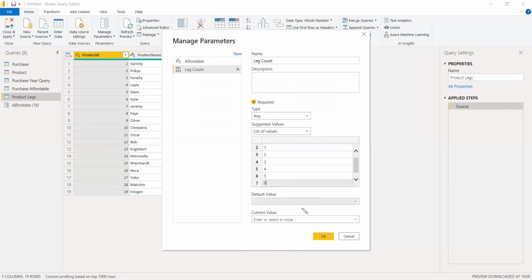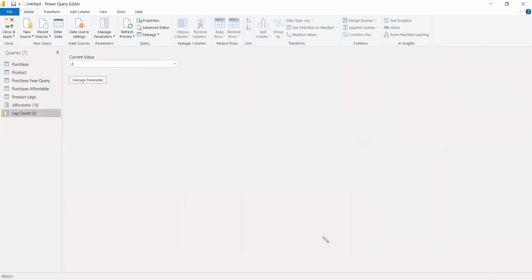And the default value we can give as 2. The current value also we can give as 2 itself. So we have created the leg count. This is a list, and here we have the current value. If you want to change, you can simply go there and change to whichever one you want. You can give it as 4 also.